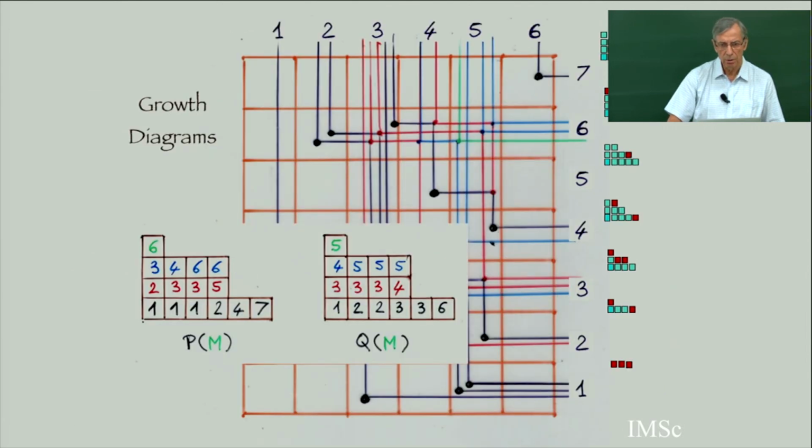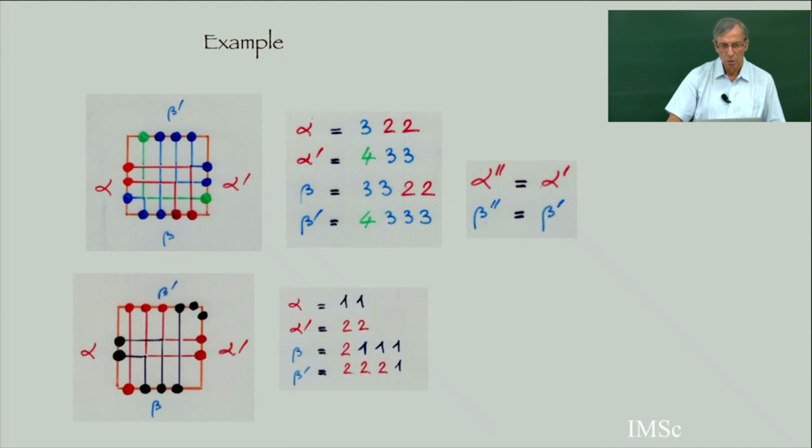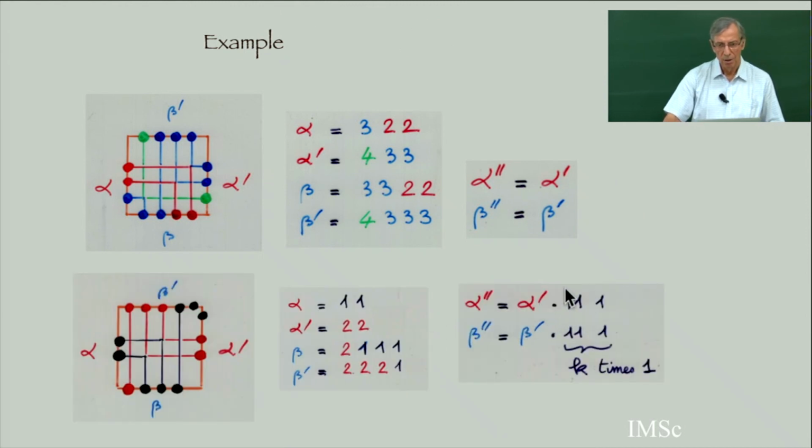Oh, this is not the good one. No, you have to add 1 time only. This is only 1, 1, and only 1, 1 here, because there is only 1 point. There is a point of the permutation of the matrix. K equals 1 in the matrix. If K equals 1, so this would be a red shadow line, giving this point here and this point here.